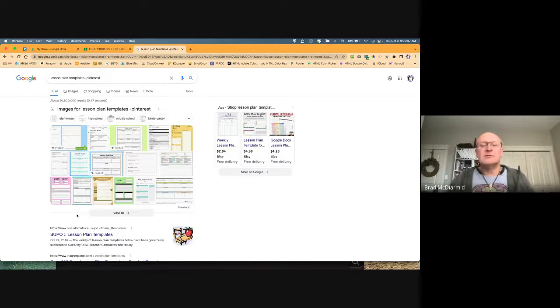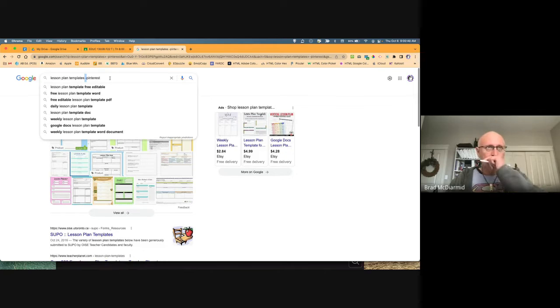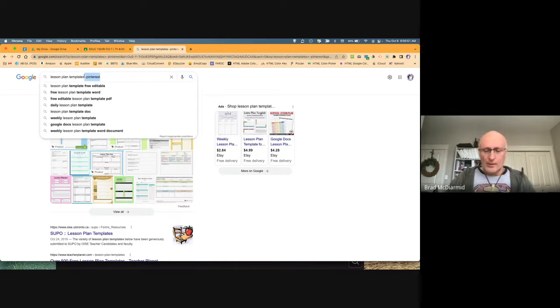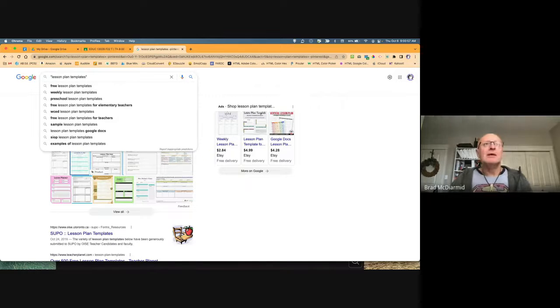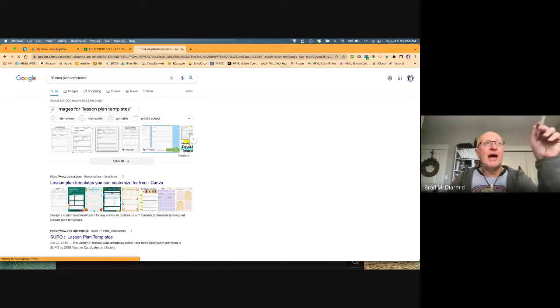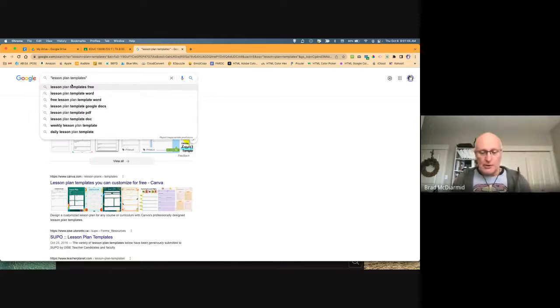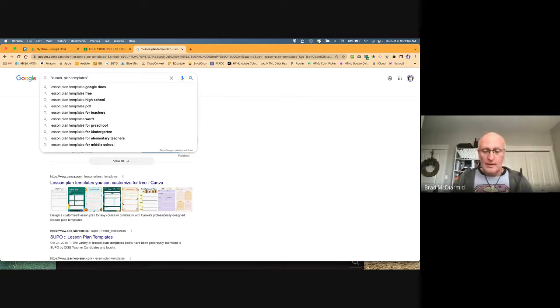So that's just one thing that you can do, and you can do that with any search. You could also use and. There are lots of other ones, but it's not a lesson on Boolean searching, so if you want, you can just Google it and find out the different characters that you can use to add things or take things away. Also, I'll show you another one. If you put it in quotation marks, it will only search for that term, right? Sometimes when we put in lesson plan templates, what you don't see here, I'll show you, is that actually it's lessons and plans and templates.